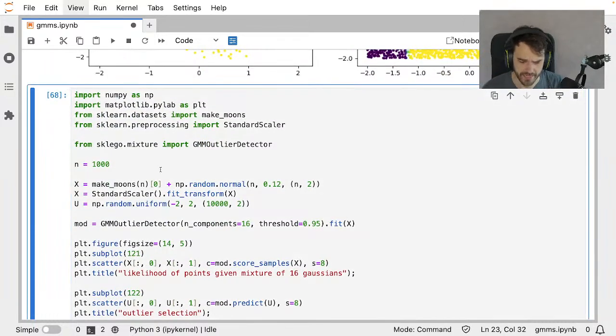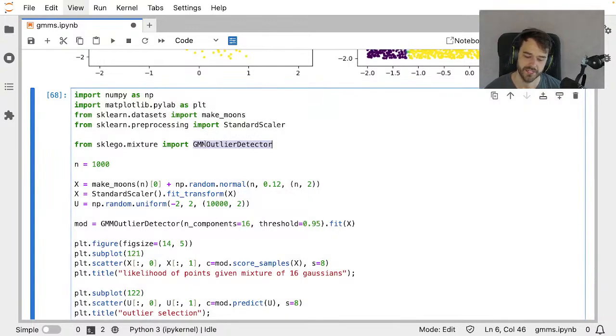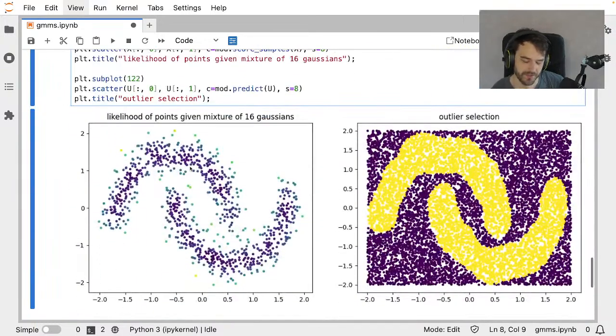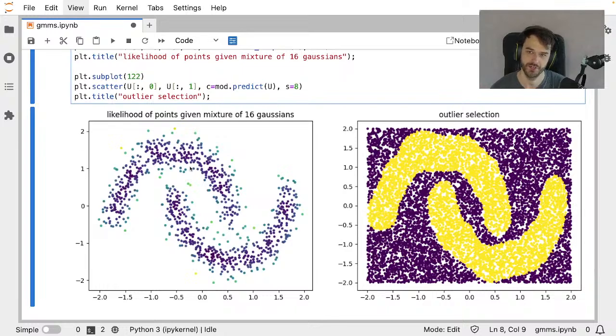In this case, I'm doing practically the same thing. It's just that now I am fitting a Gaussian mixture model outlier detector instead of a Gaussian mixture model classifier. Both of these are in scikit-lego's mixture module. The cool thing you can do with this is the trick I just showed you. There is a likelihood of points given 16 Gaussians on this entire data set, and because we've got likelihoods, we can specify a region where we've probably got outliers, and a region where we probably don't.